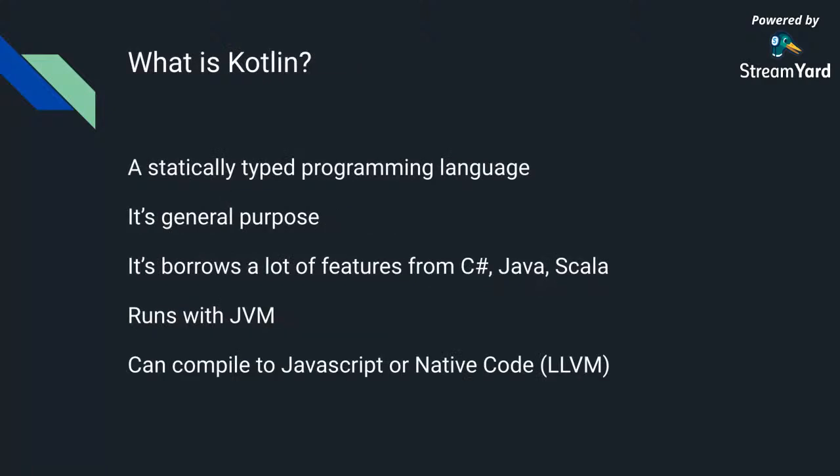Okay, what is Kotlin? If I ask you what Kotlin is, how will you define it? What will you say are some of the best things about Kotlin? How will you say that in a sweet and short way? Kotlin is a statically typed programming language. What do I mean by statically typed? It means that types get known at compile time rather than run time. Types such as integer, date, whatever type you specify for any declaration, become available at compile time rather than runtime. So Kotlin has type inference, but it is still a statically typed programming language.